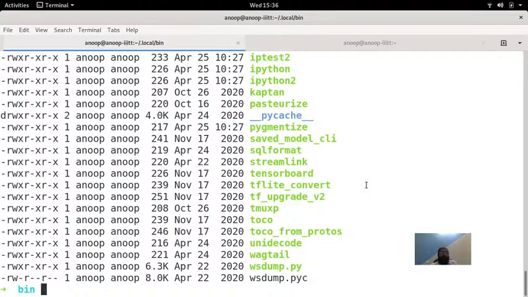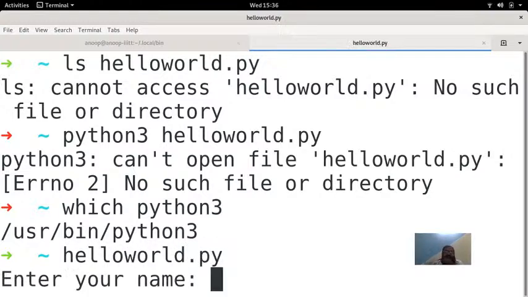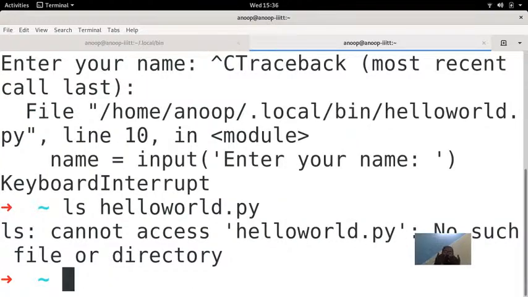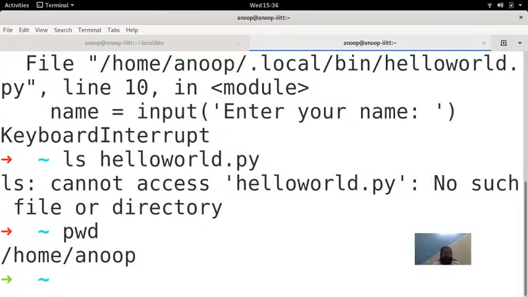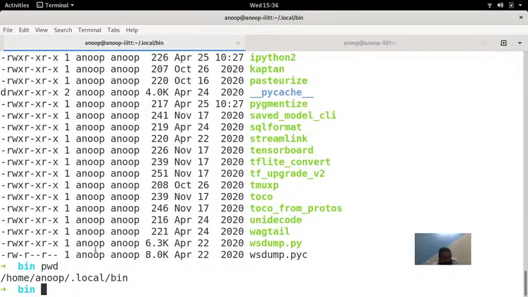Yes. So now I am going to the place where I try to run hello world.py. I am typing hello world.py and it says enter your name. I have not written python 3, and see, this particular file is not available in this directory. I am in /home/anoop, while the file that I had created was in /home/anoop/.local/bin,